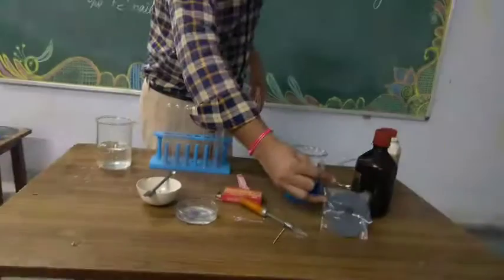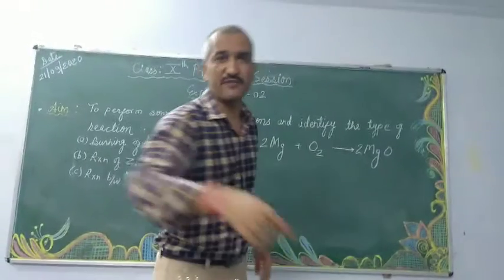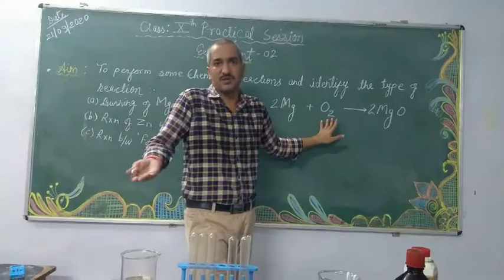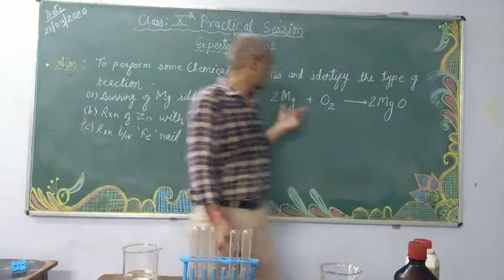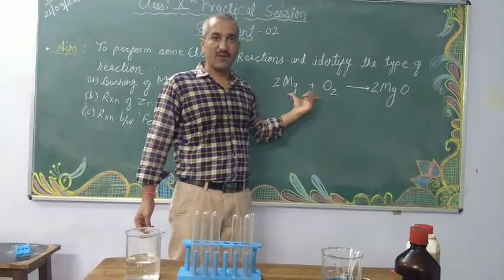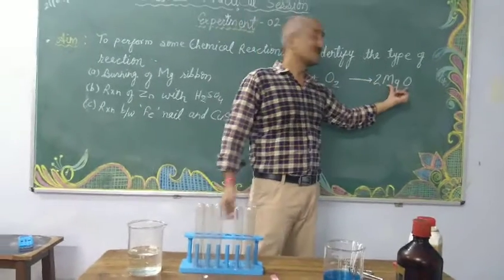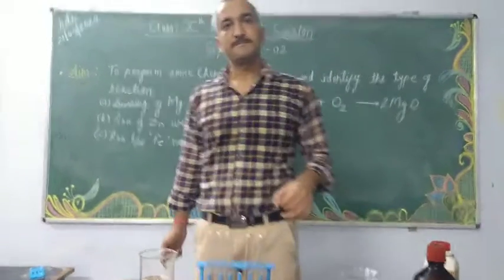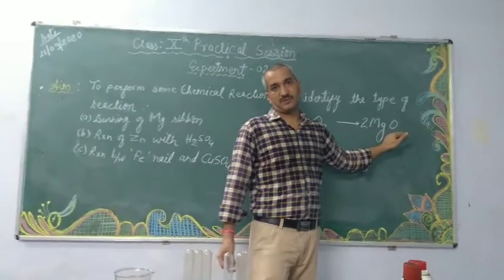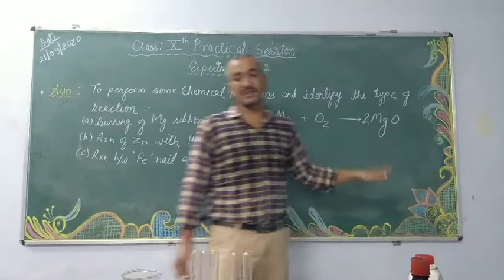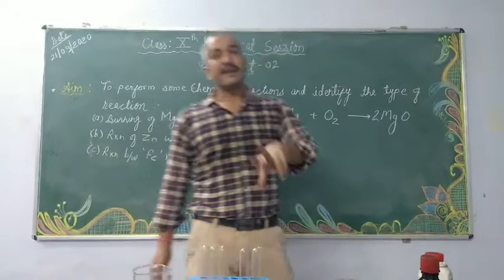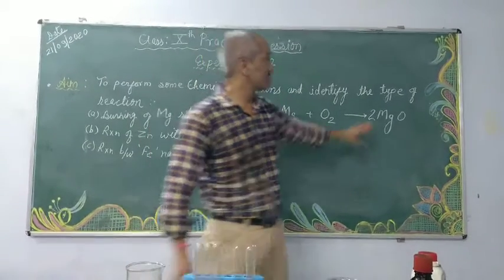We were having only the magnesium strip, and that metal after combustion with oxygen, combustion means the reaction with oxygen. So this reaction takes place, and you see two reactants are there, magnesium and oxygen. After combining these both, the single product has been formed. Got it? And that product is magnesium oxide, and it is basic in nature, which we have seen, as its solution in water turned red litmus to blue. That means this is basic in nature.